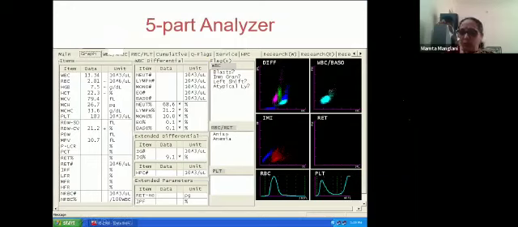Now, I'm not going to go much into detail of this 5-part, very hi-fi analyzer. This is from Hinduja Hospital. I've borrowed these slides from Dr. Kunal Sehgal when he was working at Hinduja. So this gives you flags: blast, immature granulocytes, left shift, atypical lymphocytes, anisocytosis, anemia. So these flags help you to know what you have to look at more in detail. But otherwise, the parameters that you get are all similar.